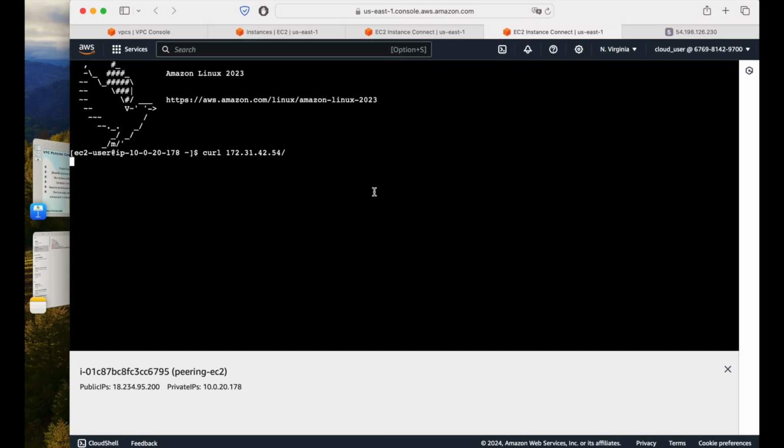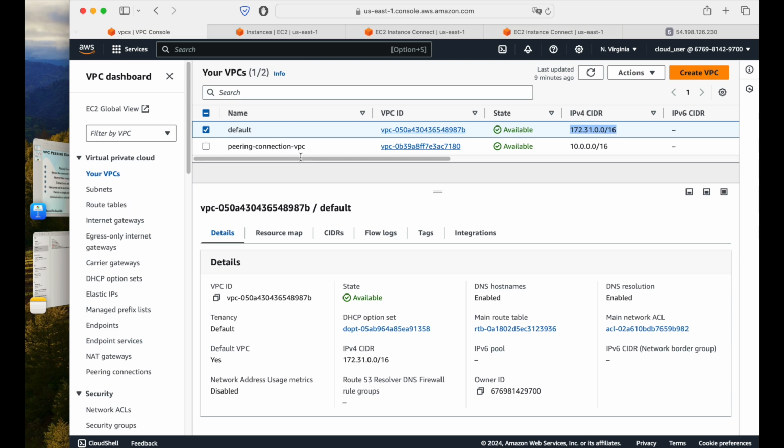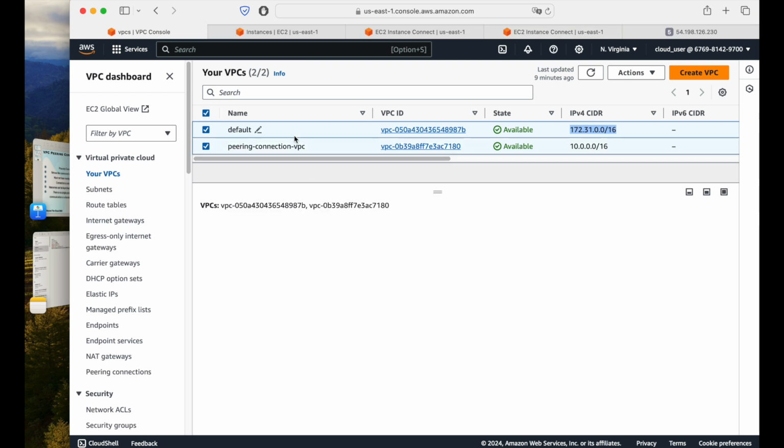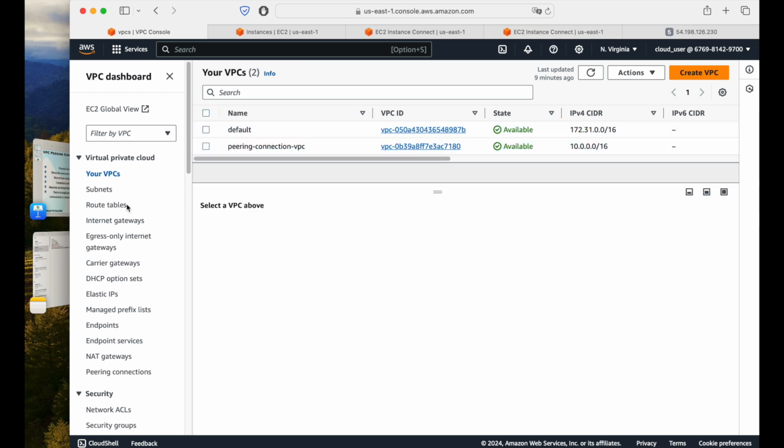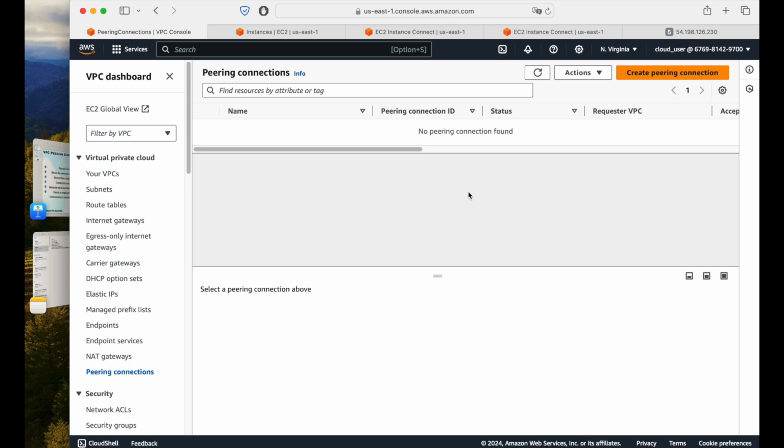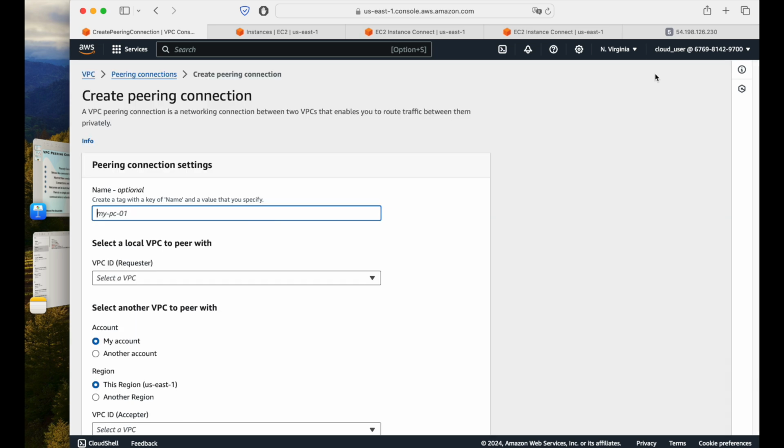So we go back to this console, and we will just disable it now. As this connection is not working, there is no meaning of running it. We go back to the VPC console. Now what we wanted to do is the peering connection. On the left hand side, under your VPC, you will be able to find the peering connection. There, we will create the peering connection, and I will give it a name, peering